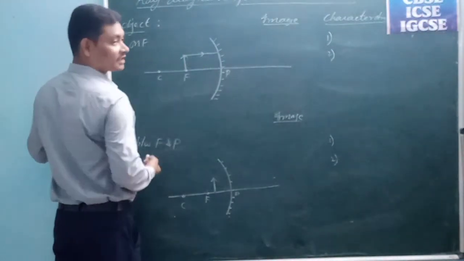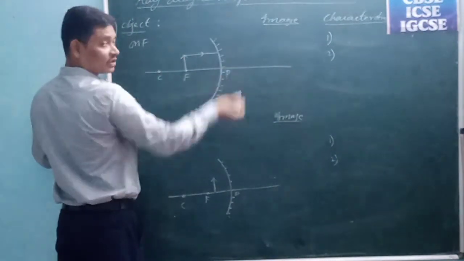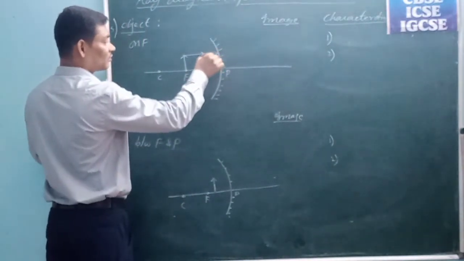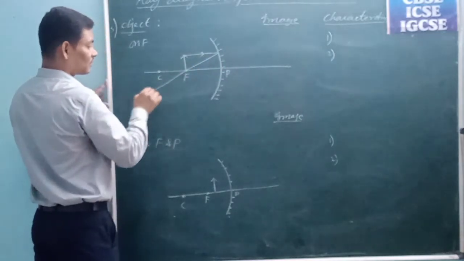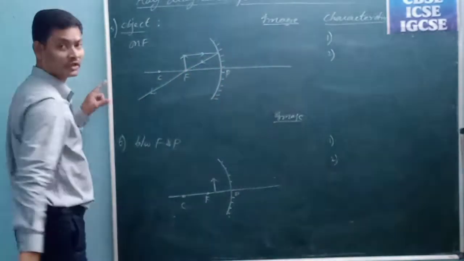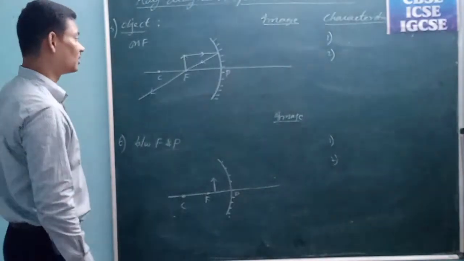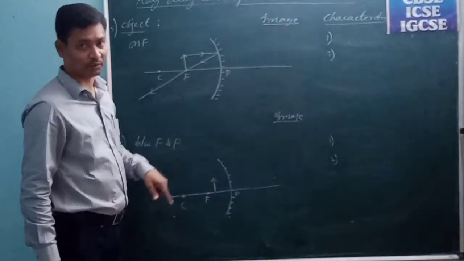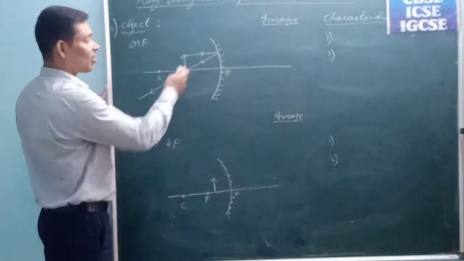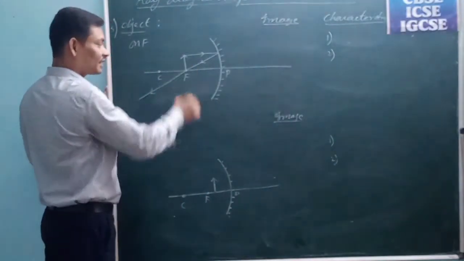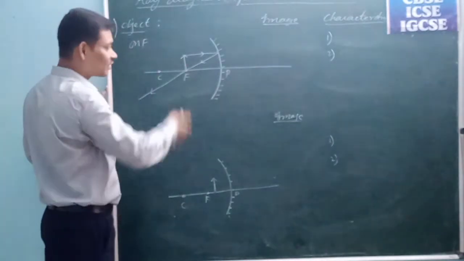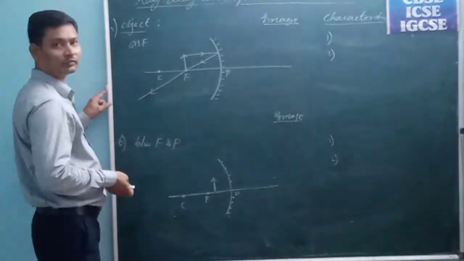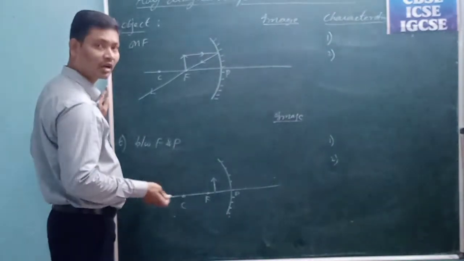let us take a light ray which is parallel to the principal axis. As we know, the parallel ray after reflection passes through the focus. The second rule is that the incident ray should pass through the focus, but actually we kept the object on the focus itself. How can the light ray move vertically downwards? So let us take the third or fourth rule. Either we can take the third rule or the fourth rule.